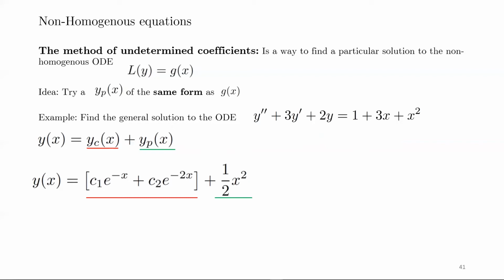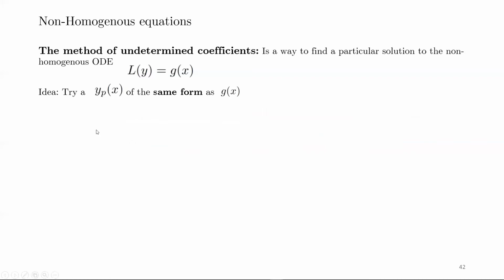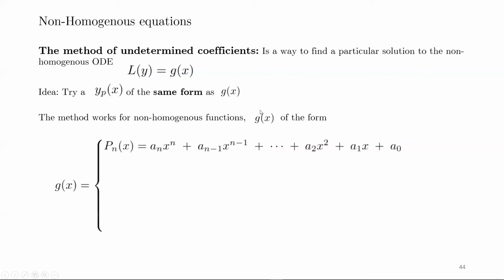Well, there are a few caveats, so we'll look at some of those. The method of undetermined coefficients works for certain types of non-homogeneous functions g of x. It doesn't work for every g of x that we can think of. It works for what I'm calling Pn, which is just some nth order polynomial, where the an, an minus 1, a2, a1, a0 are just constants. So for any nth order polynomial,